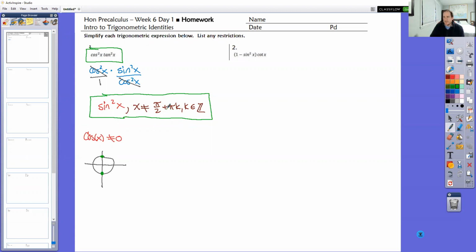That's my last crack at trying to understand the restrictions thing, okay? Now let's just keep going. Let's make sure we know all the algebra skills we need to actually simplify these expressions down all the way. So looking at number 2,